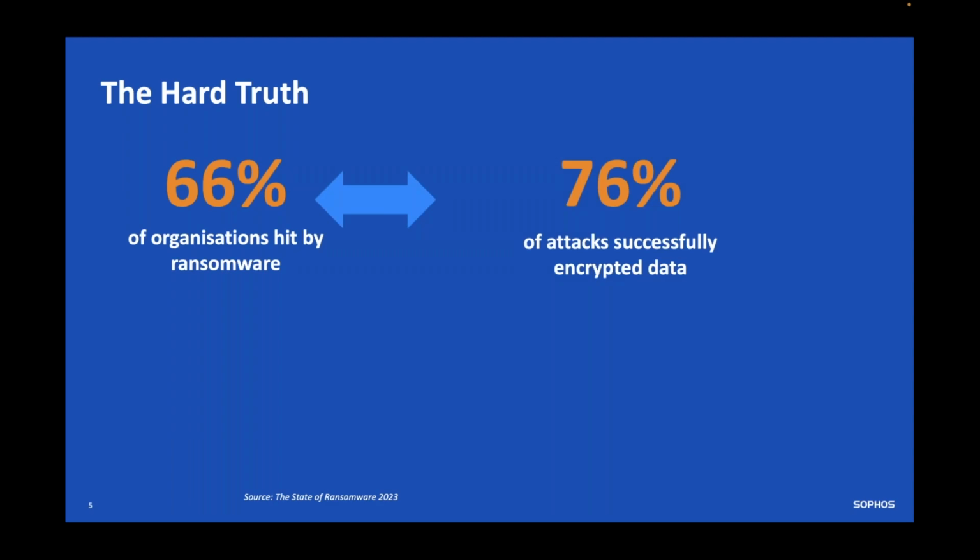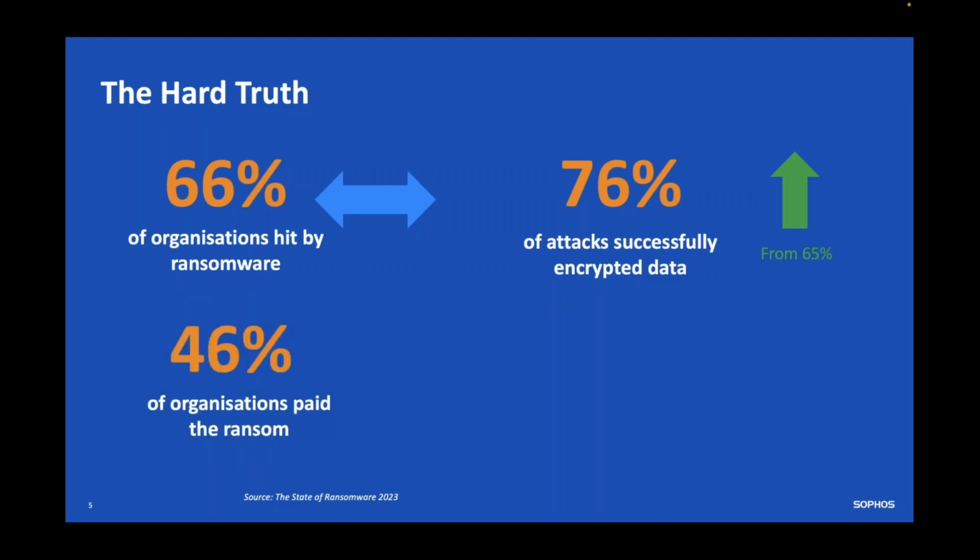What is also interesting is that 76% of those attacks actually involved the successful encryption of data. And that has actually gone up quite dramatically from 65% in the previous 12 months. And this tells us quite a lot about the cyber criminals' skills. So one of the things that we've observed is as cyber criminals coalesce into gangs and organizations, their skill set has increased. All human beings learn collectively better. And as a result of being able to share ideas, code in some cases, either inside gangs or even sometimes between different cybercrime organizations, their ability to encrypt data has actually improved. So they're effectively getting better at their trade.